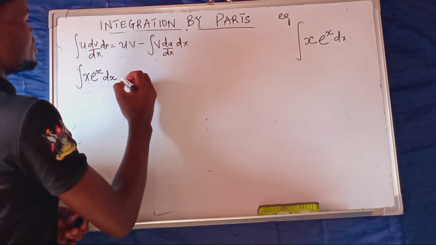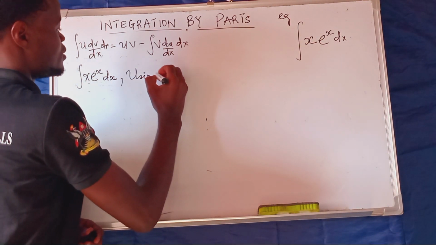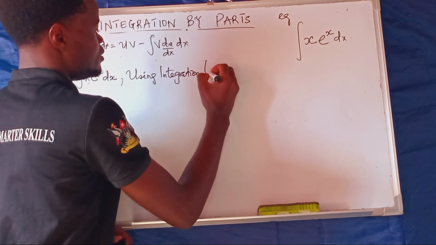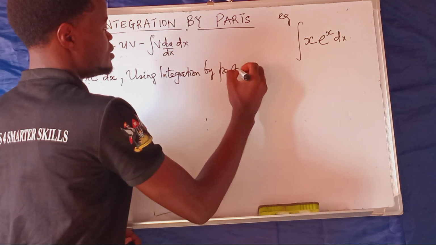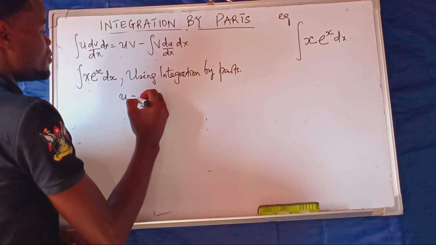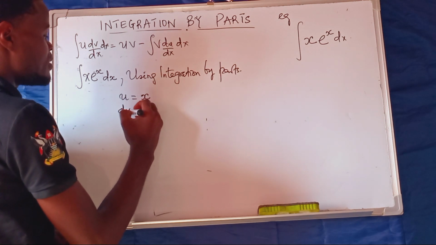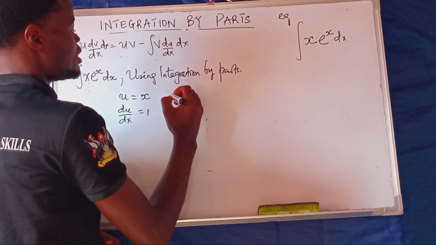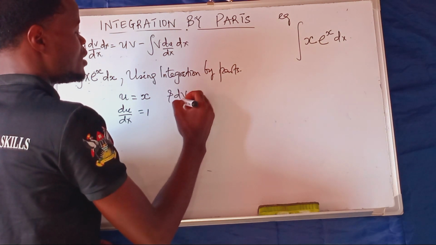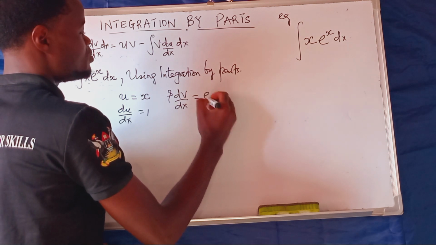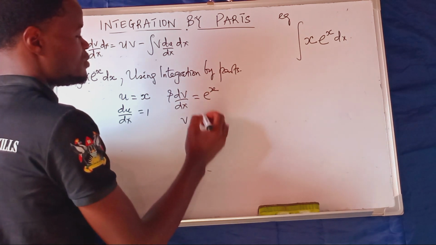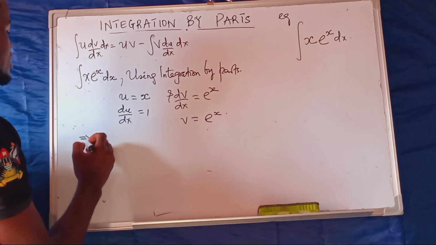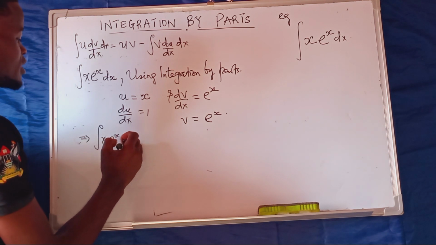So now we shall say, using integration by parts, we shall choose our u as x, so it means that our du/dx is equal to 1. Hope we know that. Then our dv/dx is equal to e^x, such that our v will simply integrate to get e^x,